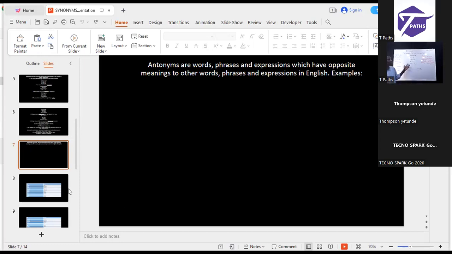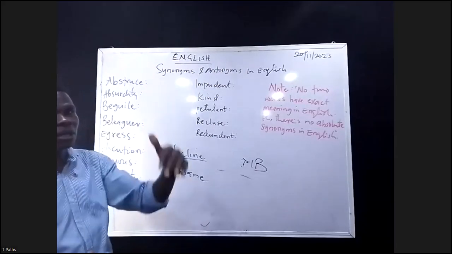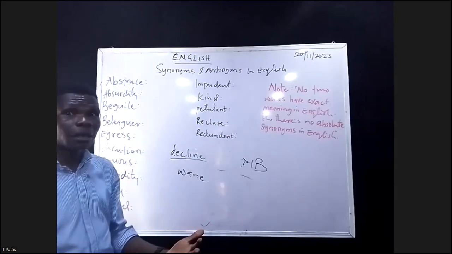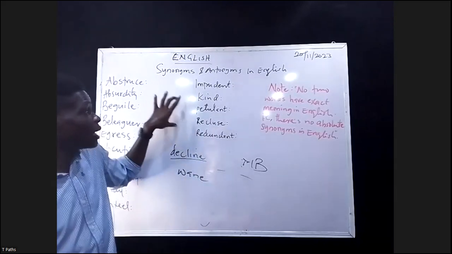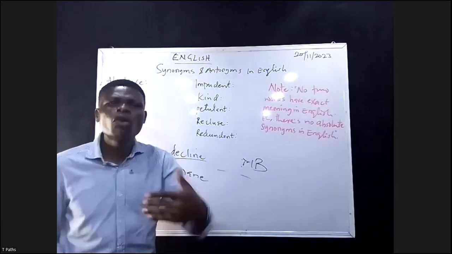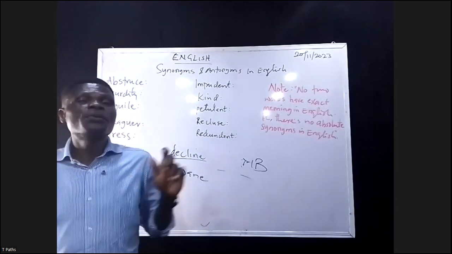Again, there is no direct opposite of any word, right? You can say, okay, if it's up, then down should be the opposite. What if I say up and I use another word instead of down, I say below? Can you see now? So where I have up, I may have down, below, beneath, underneath. So just for one single word up, I'm already generating other probable opposites of the word up. So you see, there's no direct